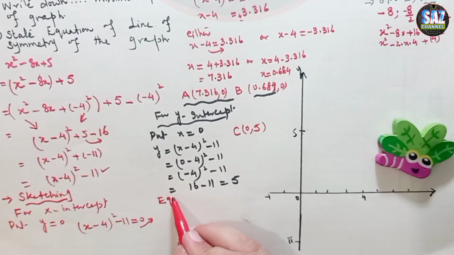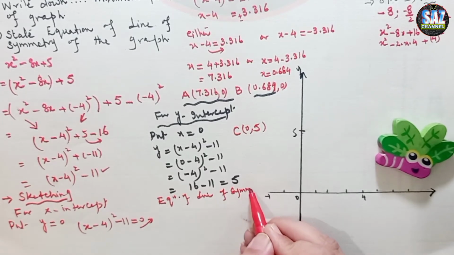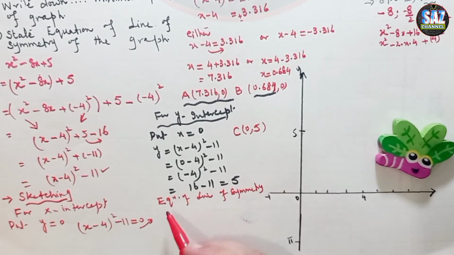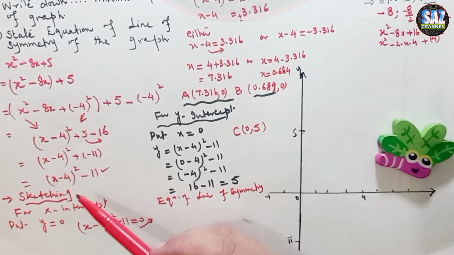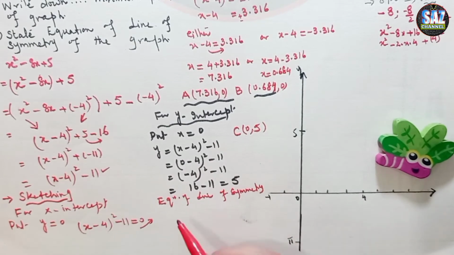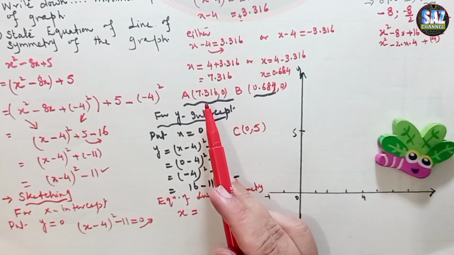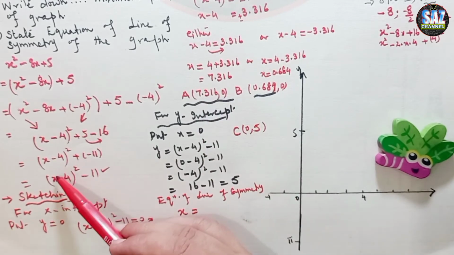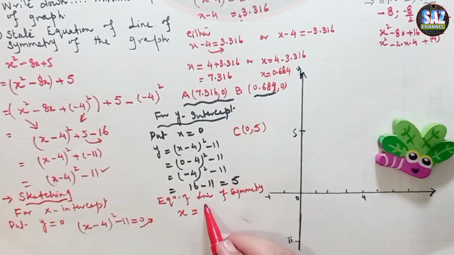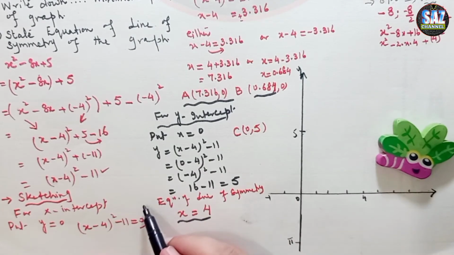the equation of the line of symmetry. As the equation has been expressed in the form (x minus p) whole square plus q, we are not going to struggle with adding both the x-intercepts and making it half. Whatever number is added over here, we have to change the sign of that, and that will help us in stating the equation of the line of symmetry. The equation of the line of symmetry is x equals 4, and the minimum point